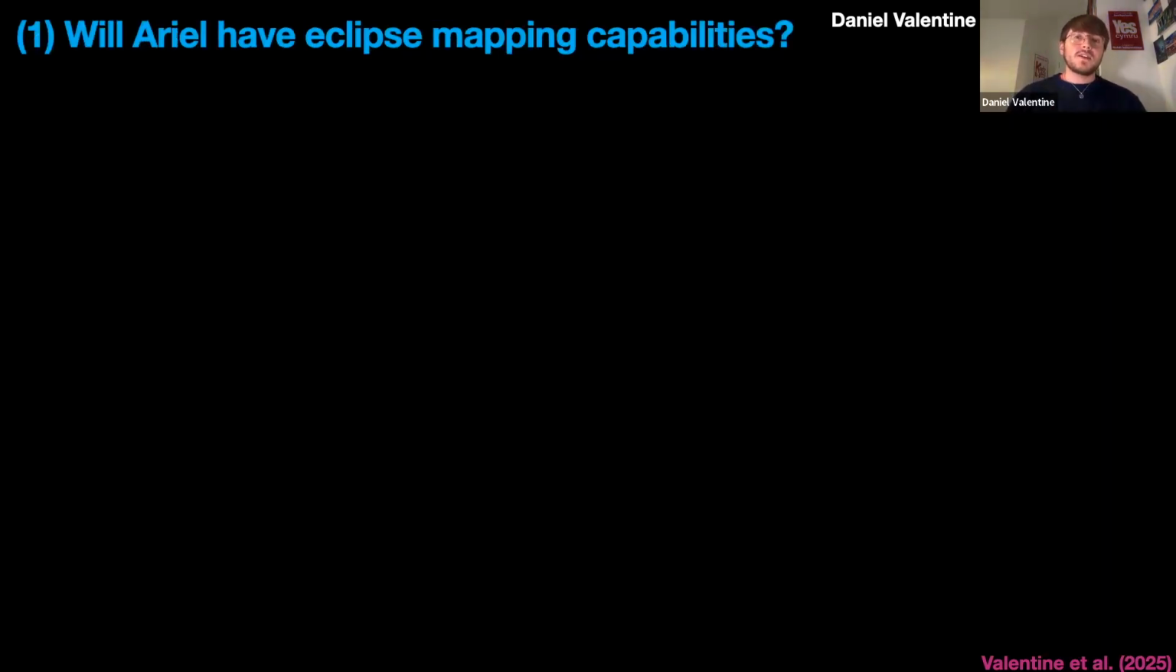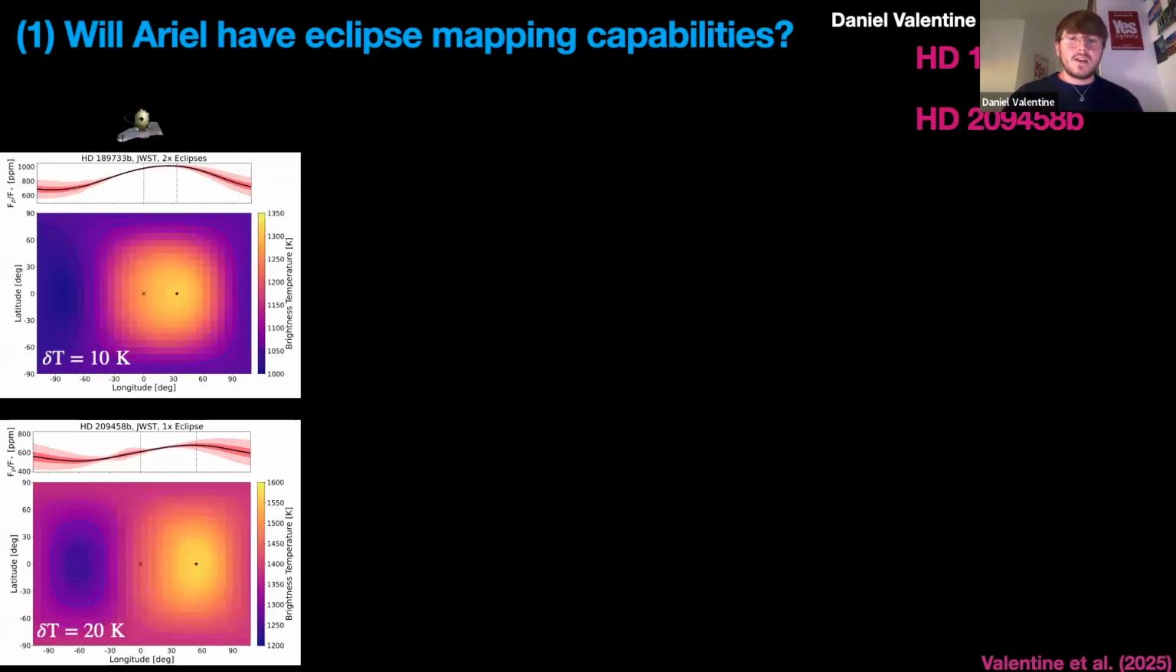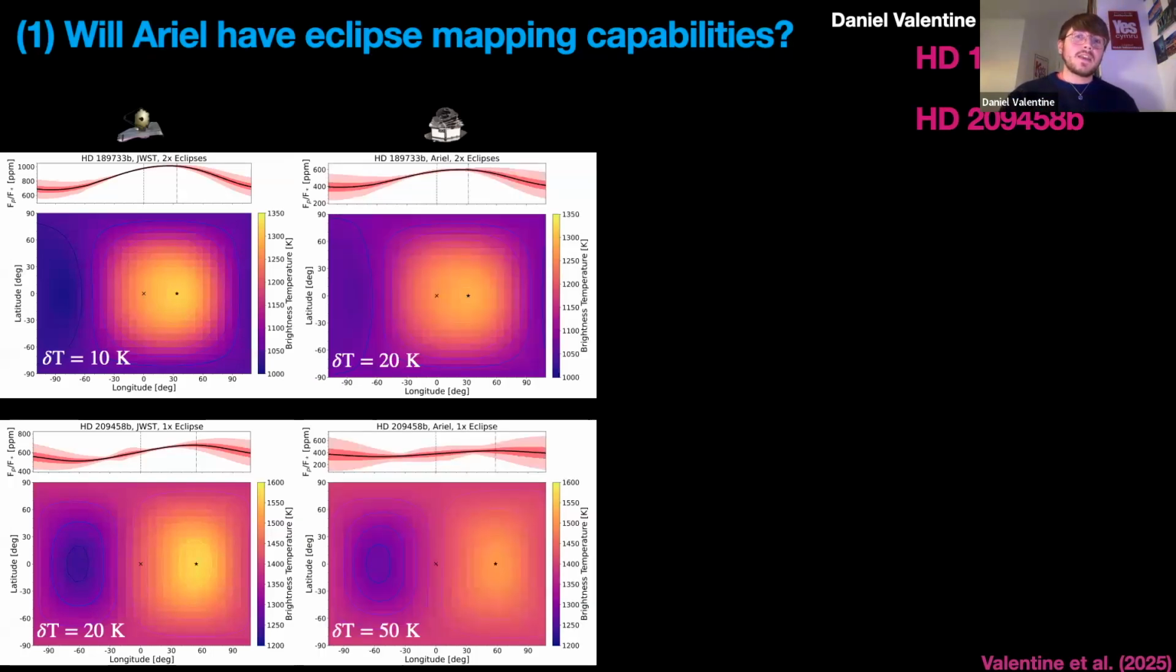So starting off with, does Ariel have eclipse mapping capabilities in the first place? Well, the perfect test cases to answer that are 189 and 209, because as our brightest and highest ranking mapping targets, if Ariel can't map these, then it can't really map anything. So here are the maps as we observe them with JWST, and then these are the equivalent maps that we derive with Ariel. And we are actually able to derive these in the same observing time as we were able